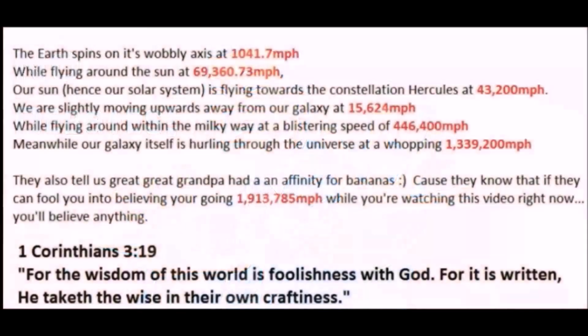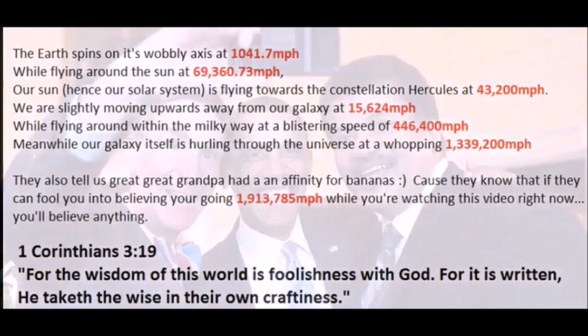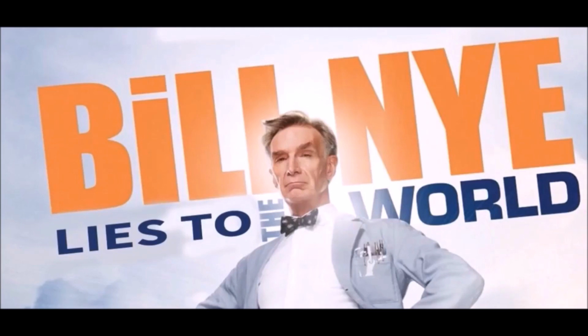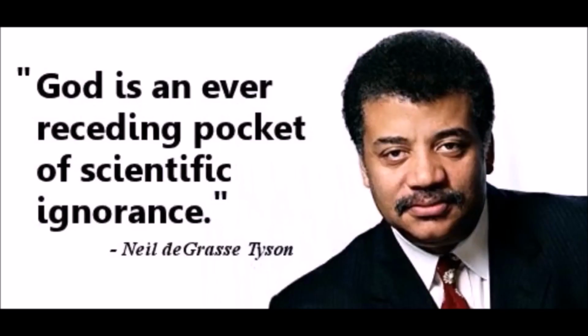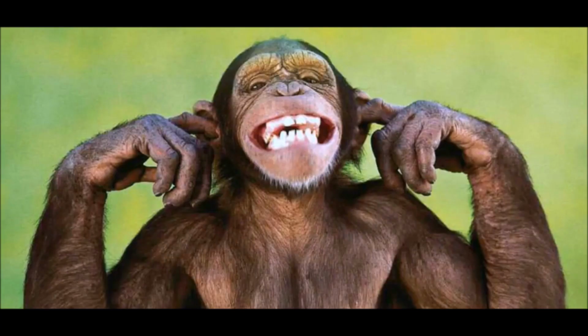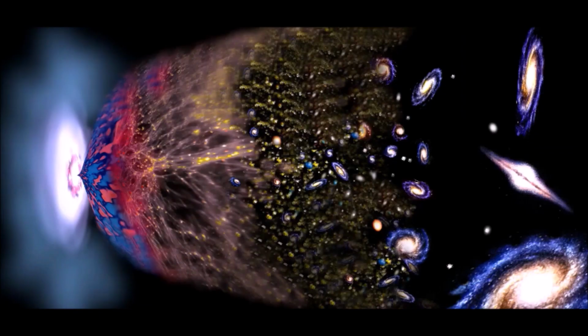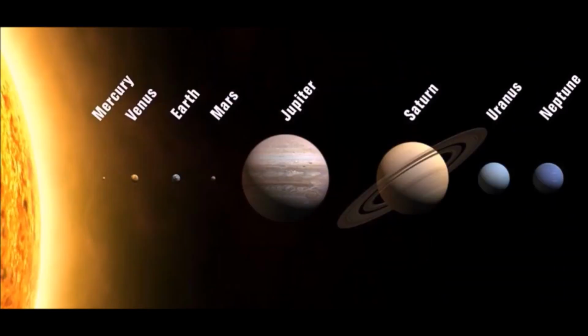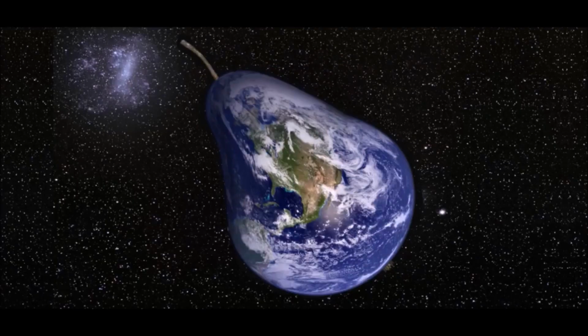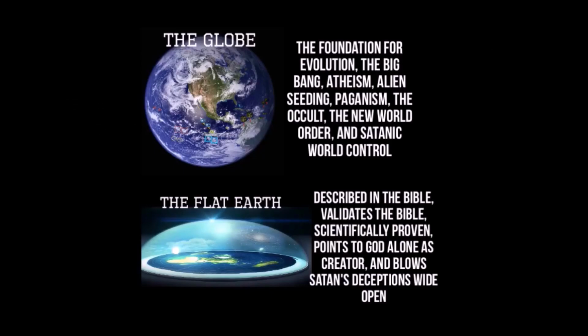The wisdom of this world is foolishness with God. And I'd be willing to bet that the wise that is taken in their own craftiness is the very wise that are living today. And that are telling you that you're on a spinning globe and that you came from a monkey when nothing exploded billions of years ago into a bunch of perfect spheres. I mean oblate spheroids. I mean pear-shaped planets. The Bible holds the truth, and it always has.